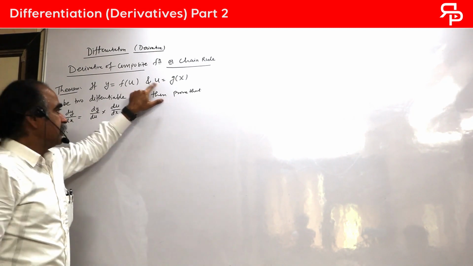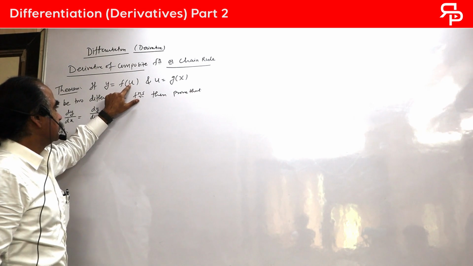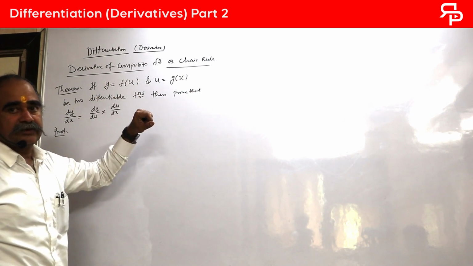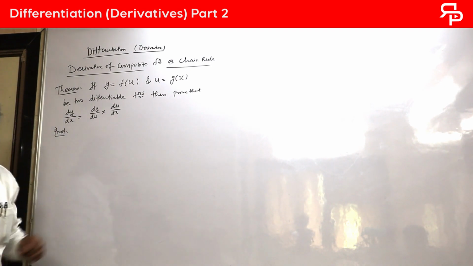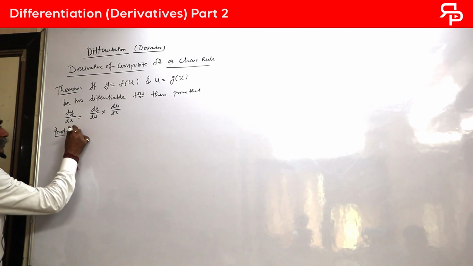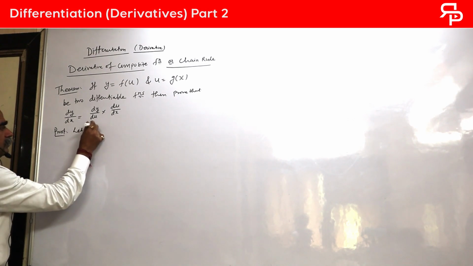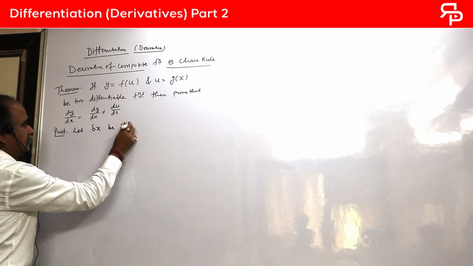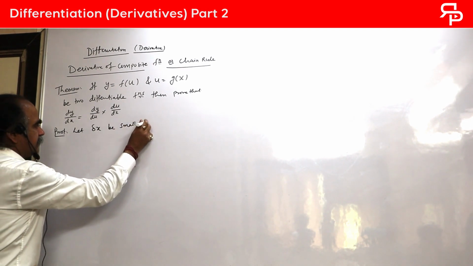And if there is increment delta u in u, there will be increment delta y in y, because they depend upon each other. The increment will start from x. So see here, let delta x be a small increment